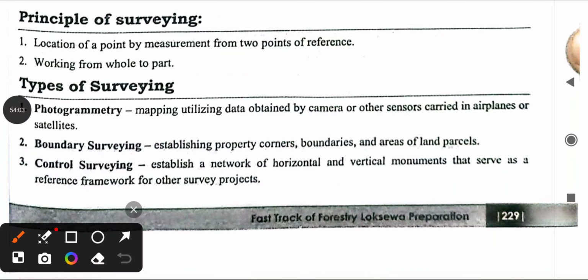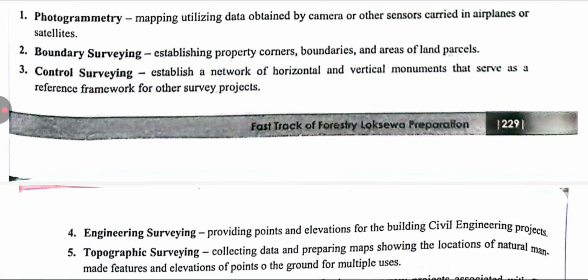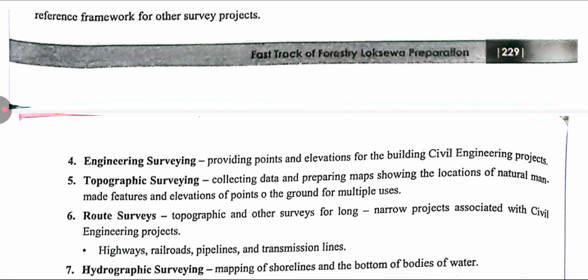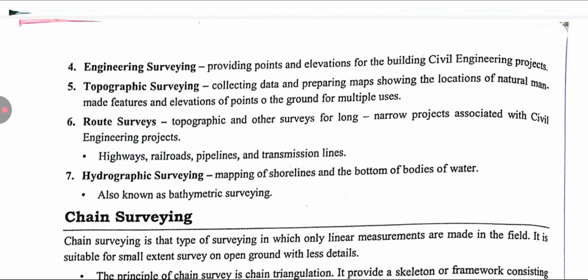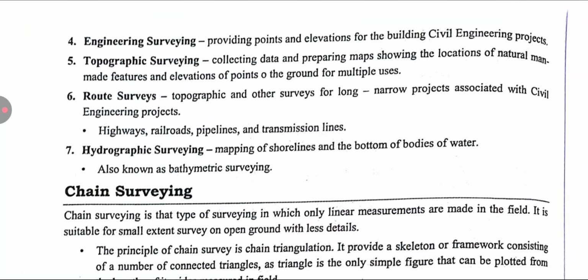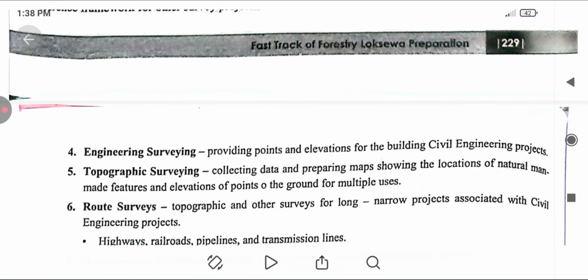Principle of survey. Location of a point by measuring from two points of reference. त्यसपछि working from whole to part. त्यसपछि types of survey. फोटोग्रामेट्री, boundary र control survey, engineering survey, topographic survey, route survey, hydrographic survey. Okay,